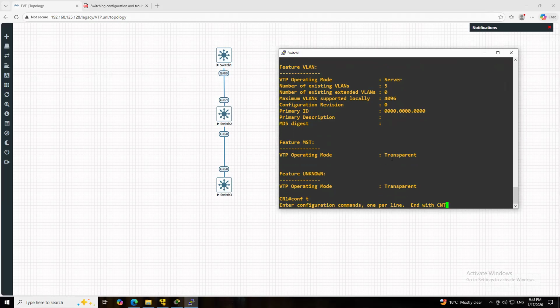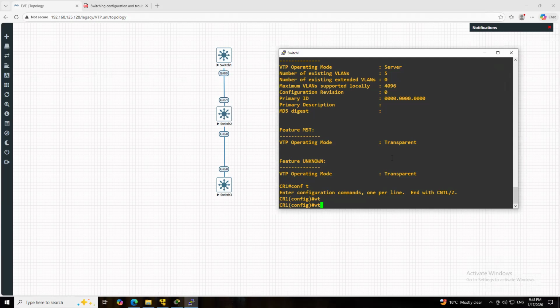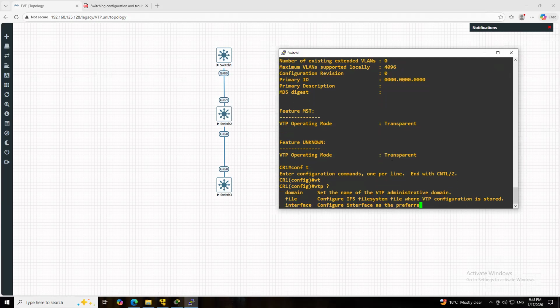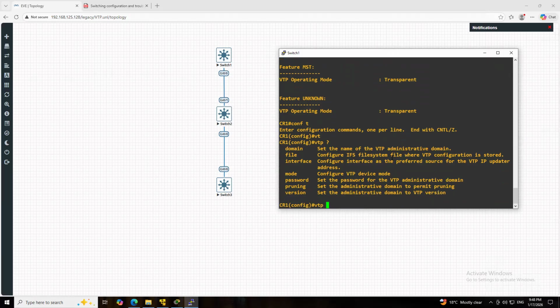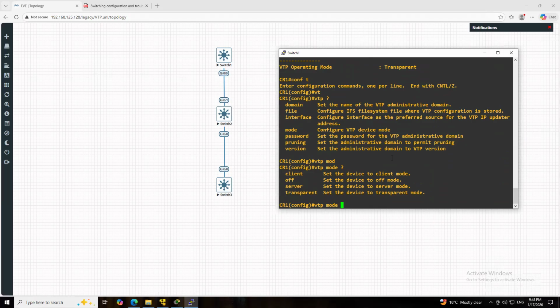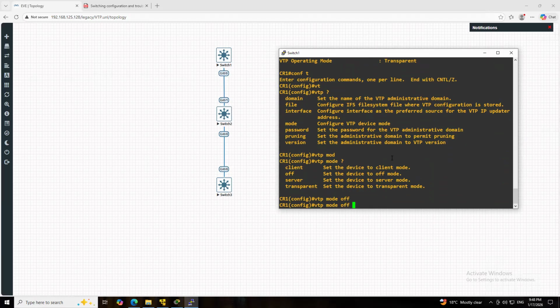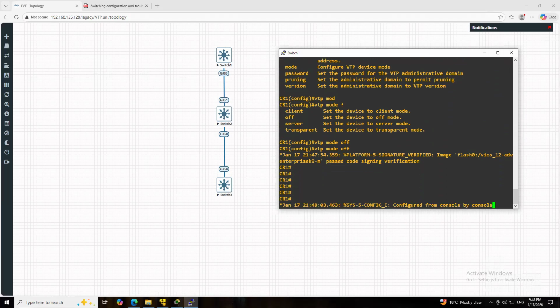Moreover, I can disable VTP mode, and here you will see off, which means I can turn off VTP on this device. It wasn't available in VTP version 1 or 2. So this is a main difference as well.